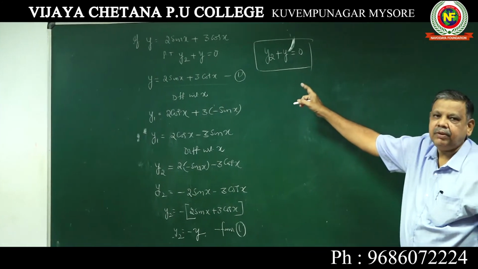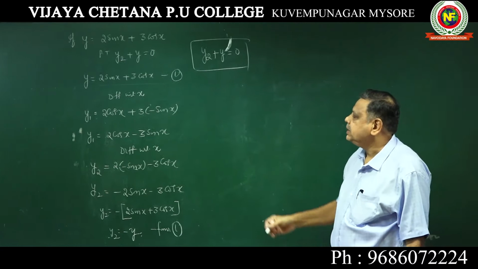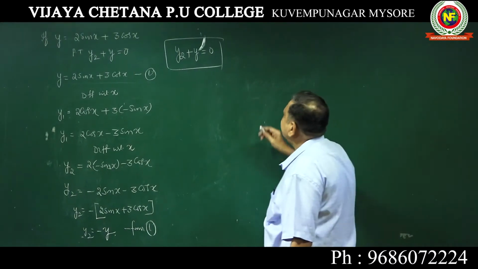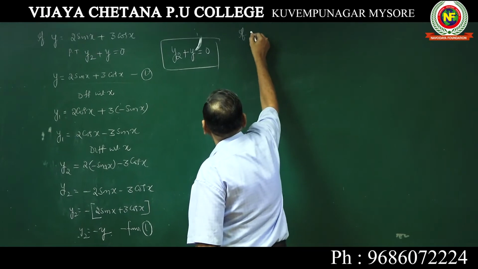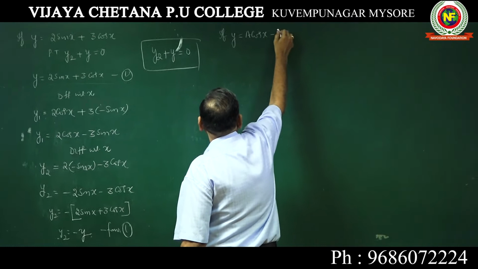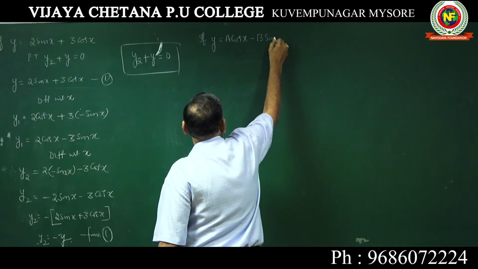5 marks they keep for this problem. Some 3-4 steps, that's all. You will get easily 5 marks. Take this problem. If y is equal to a cos x minus b sin x, prove that